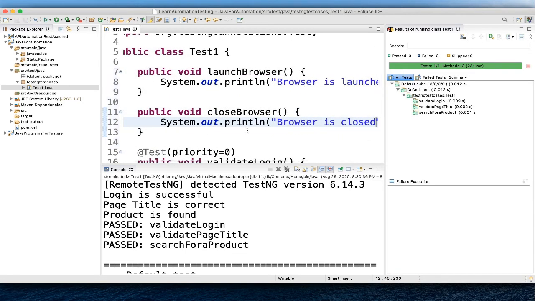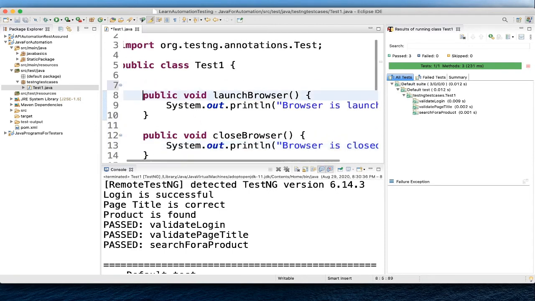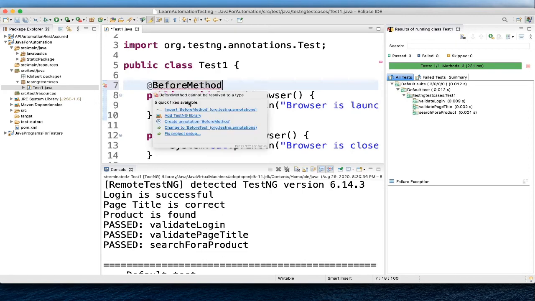So what is the annotation we'll use here? We want it to run before each method. We want to launch the browser before every method. So we can use @Before method. So this is one annotation and you need to import it.